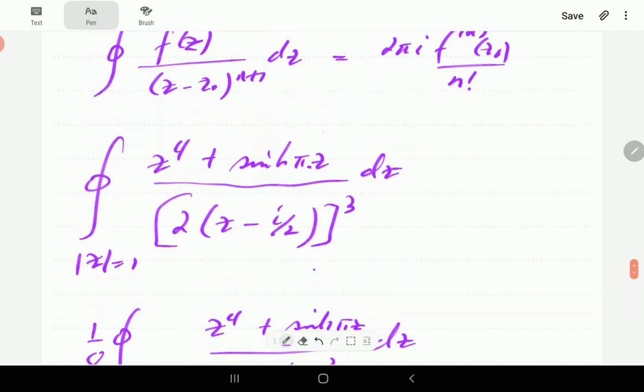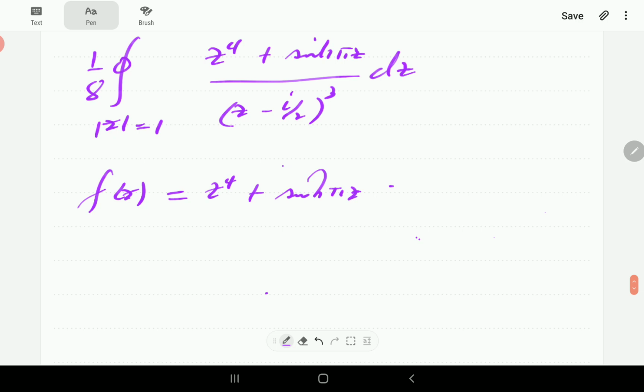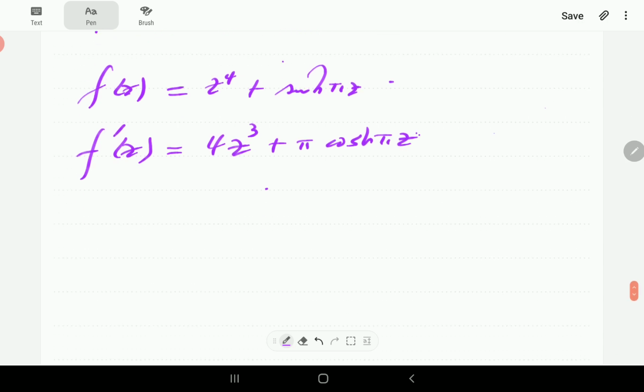Now since n is equal to 2, we're going to need to differentiate f twice. So the first order derivative is going to be 4z cubed plus pi hyperbolic sine pi z. The second order derivative is going to be 12z squared plus